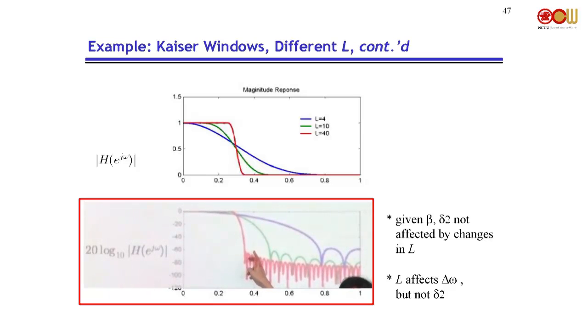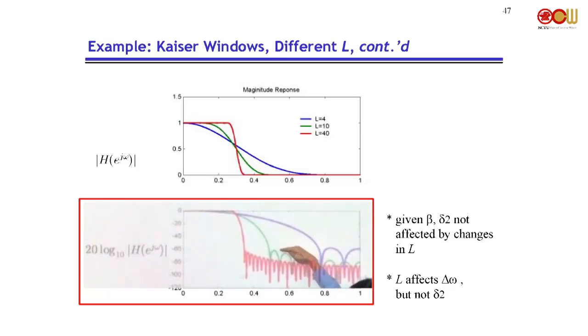This is the final magnitude response of the filter. And what we can see is that if we just draw a line here, the ripple looks wider. But if we just look at the height,